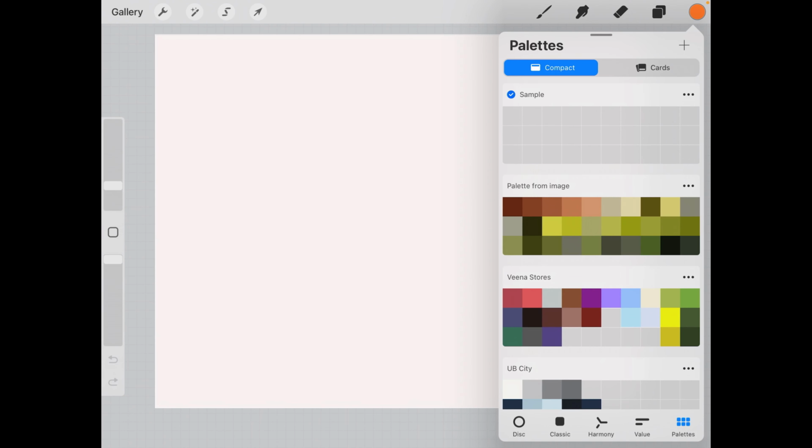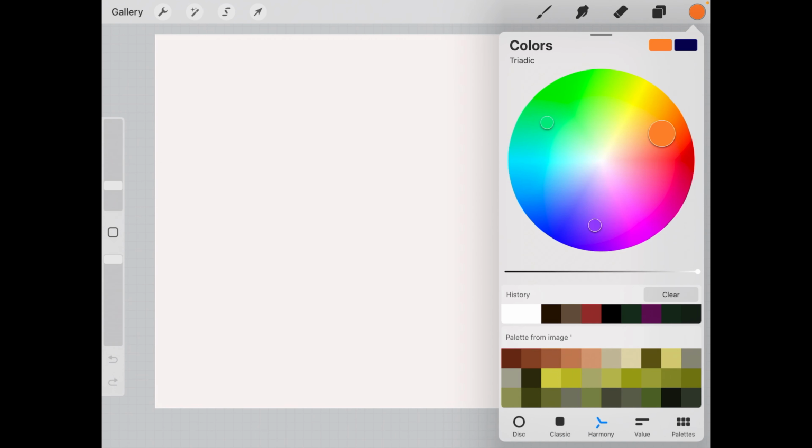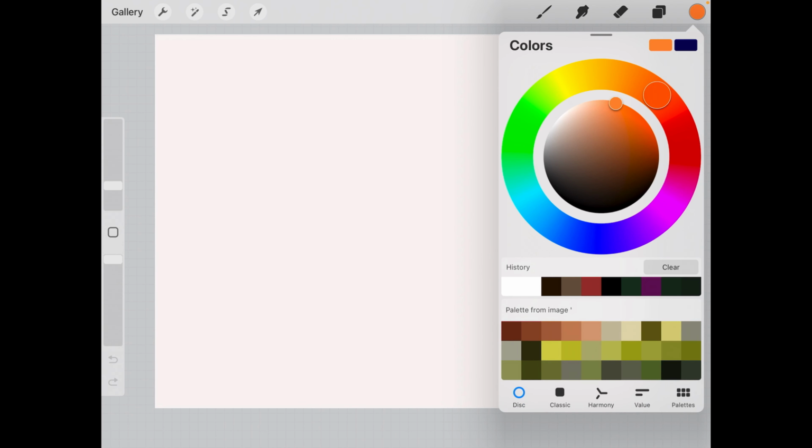And if I want to use this palette from image, this below one, as the default palette, I'll just click on the 3 dots here and click on the words set as default. When I say set as default, the same thing will come here at the bottom of my other 3 color sections. Okay, and the last thing in the color part is, do you see this top bar above the word colors, the small gray color bar?